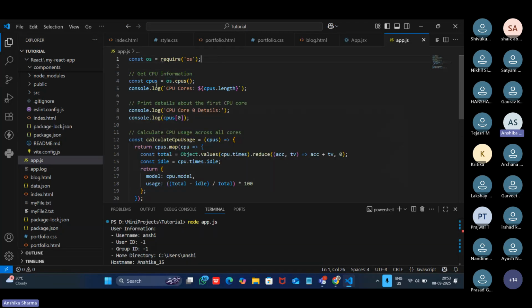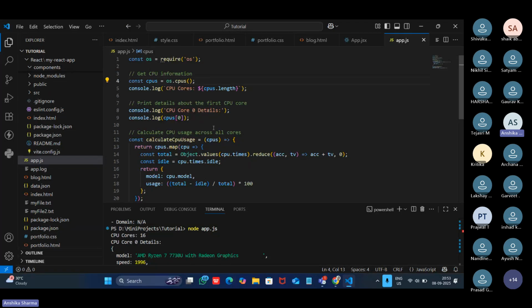Since this .cpus method will return an object, that is stored in this cpus variable right now. To get the information from this object, I will use this dot operator, and I'm getting the information about my CPU, like how many different cores are there in my CPU right now. That is 16 for me, using this cpus.length. Next is about the zero details.